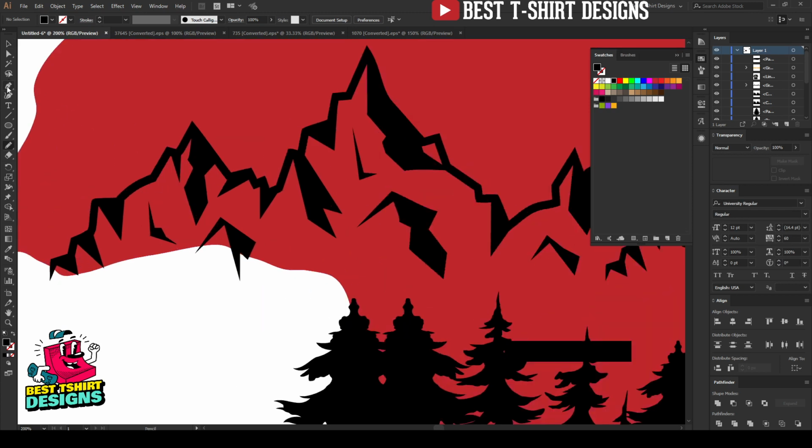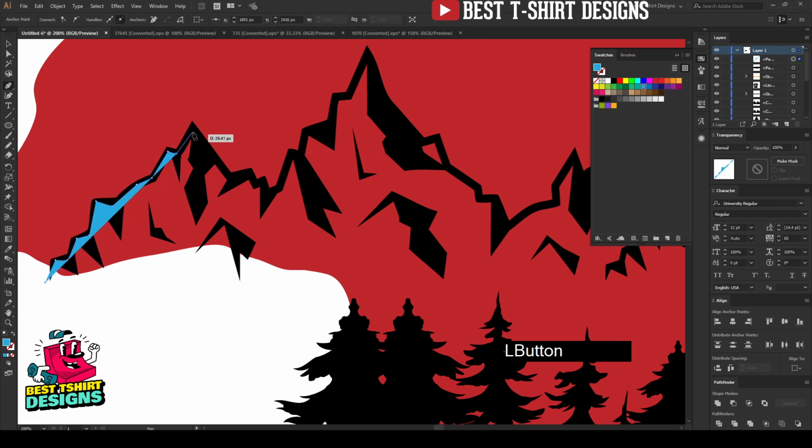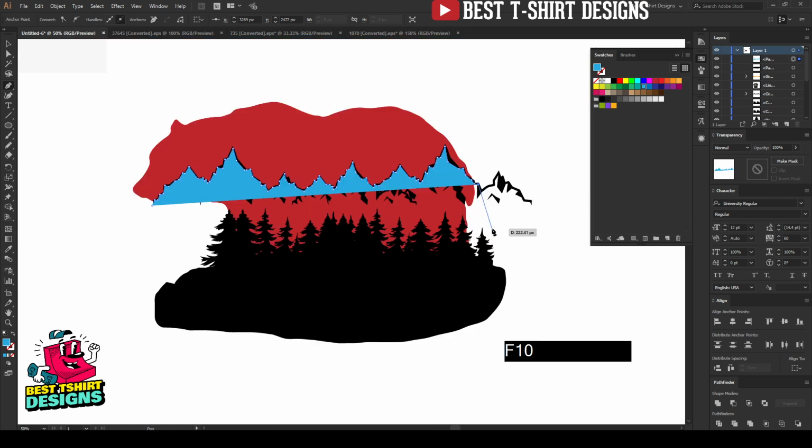I'm taking my pen tool, and then I'm making the fill kind of a different color. So this is going to take some time for me to make this part. Okay, you have to fill it in this style. Okay guys, I will be back after that. Okay guys, so as you can see, I made the path here.